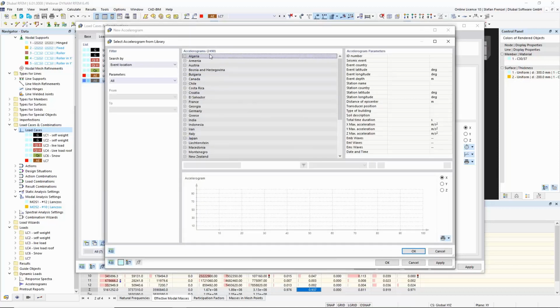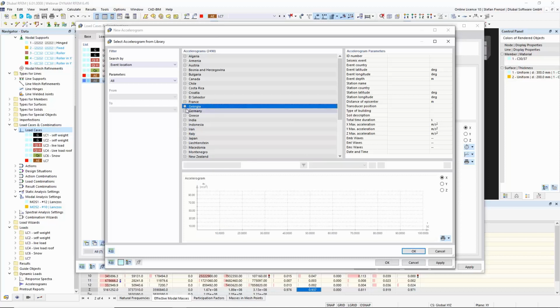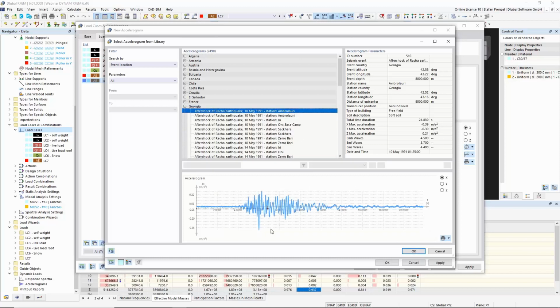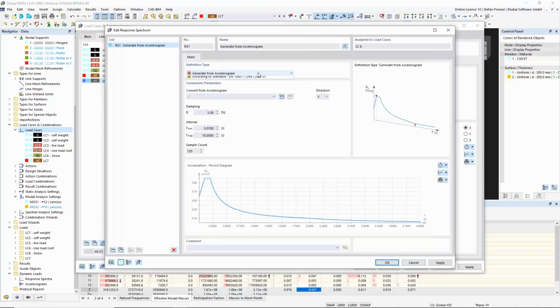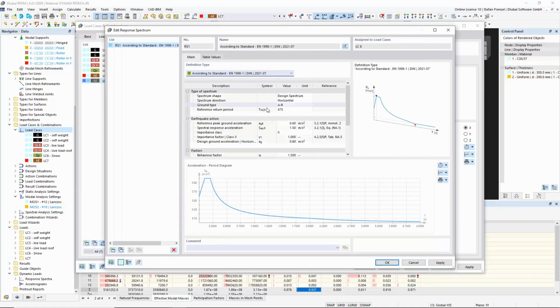So we have here 2,490 accelerograms from all over the world, which you can use now to do a calculation, or which you can use to create a response spectra out of that. For example, Georgia, this one you can use also. But here we don't want to use an acceleration. We want to use this from the